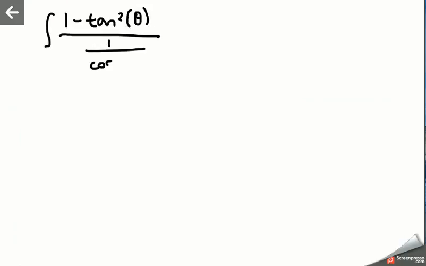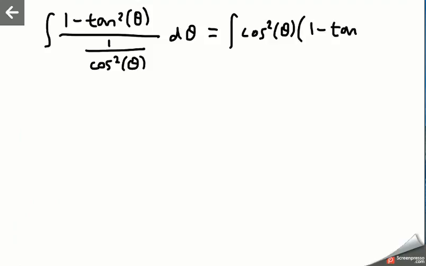So here's where we're at now. We have the antiderivative of 1 minus tangent of theta squared, divided by 1 divided by cosine of theta squared, d theta. And when you divide by fractions, you just flip the fractions up and multiply them. So that is, of course, equal to the antiderivative of cosine of theta squared times 1 minus tangent of theta squared, d theta. We're nearly done because, well,